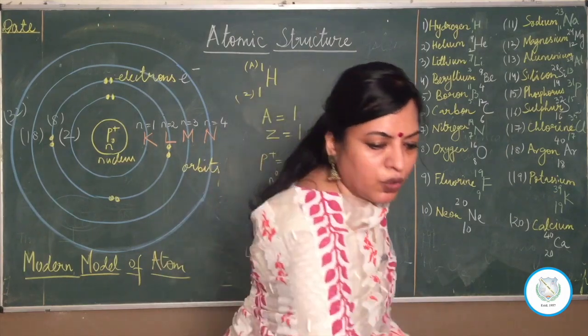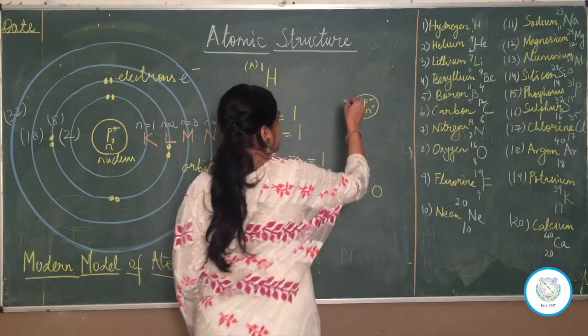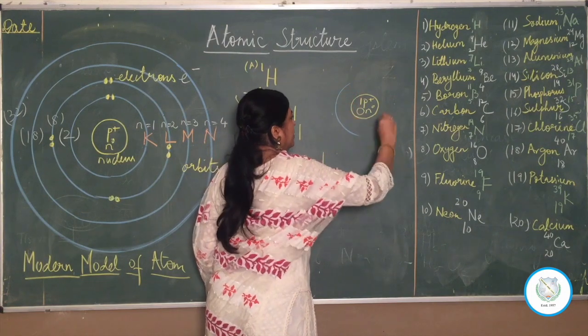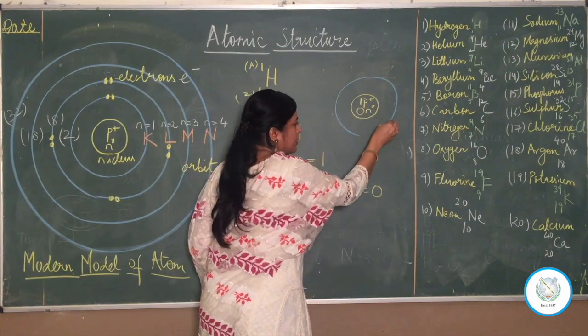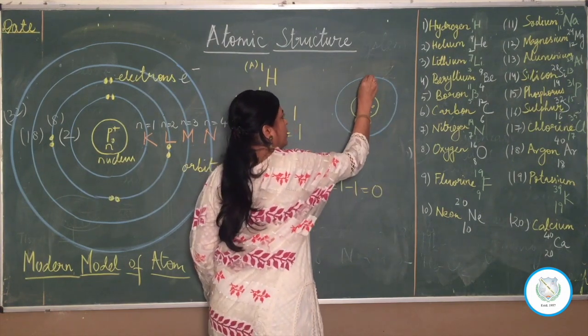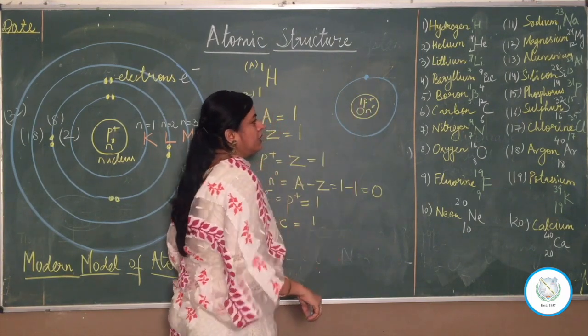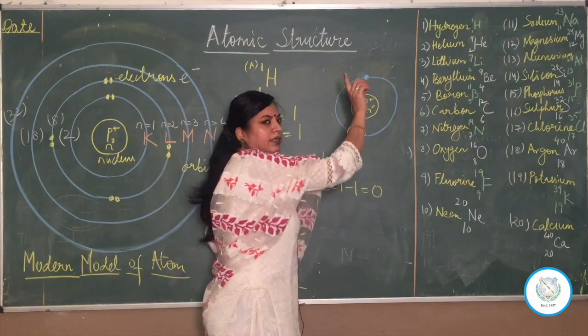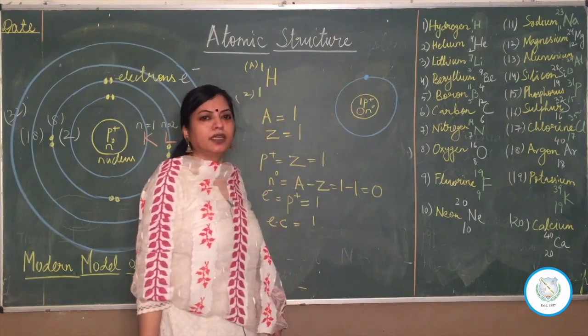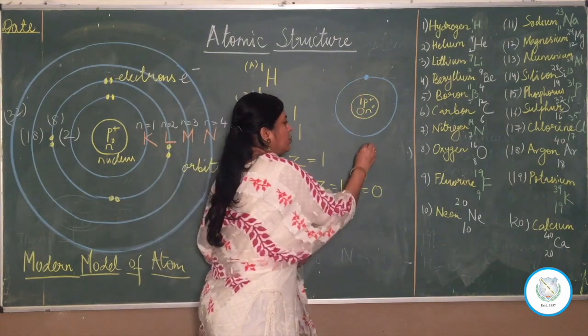After that you will draw the energy level. How many shells will it have? Only 1. I am drawing it freehand. You will use a compass and draw. And you will draw simply one shaded circle here, which is representing what? Electrons. We don't write E here. It is understood that this is an electron. And under it you will write